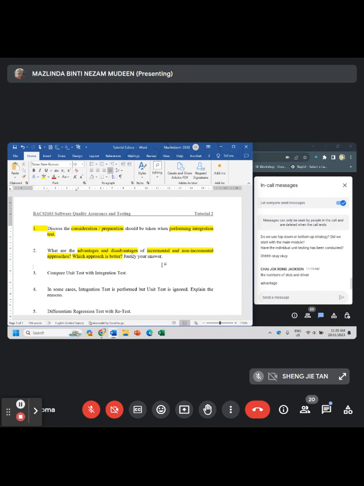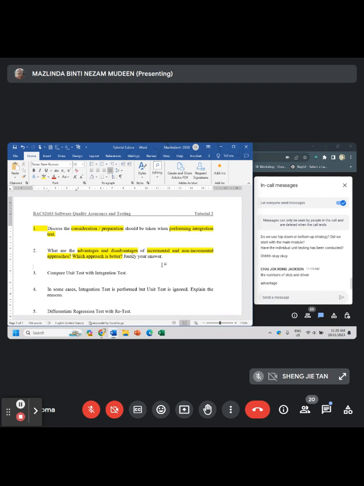So when we just need one, it means the work we do for generating this driver or the stop is actually less compared to the non-incremental approach,